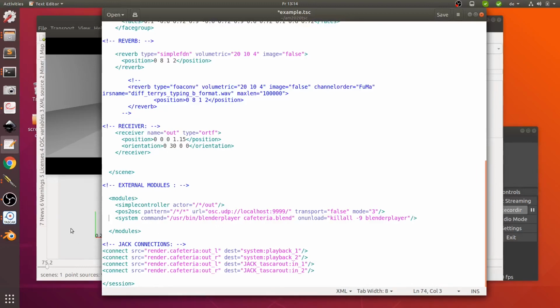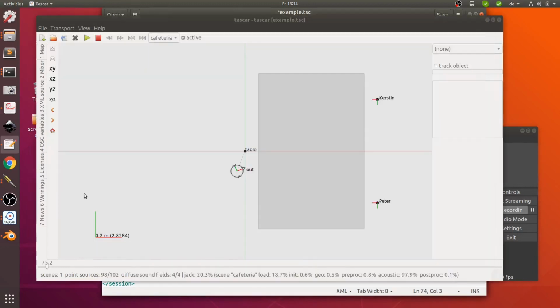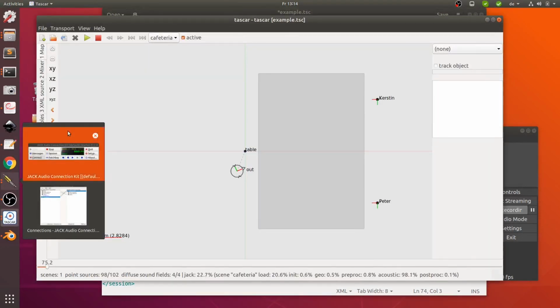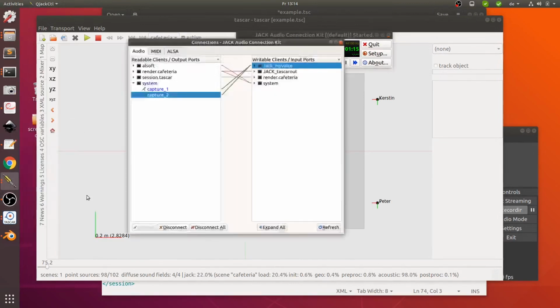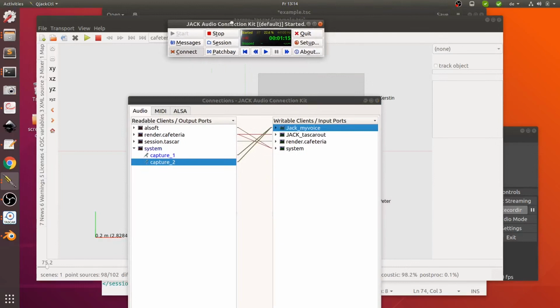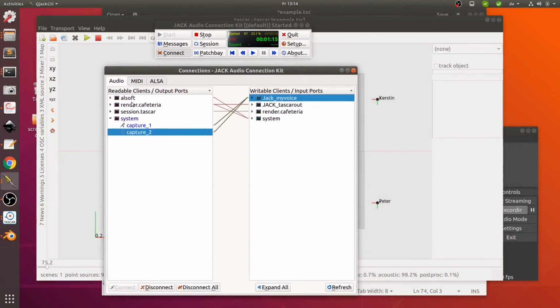So what I still didn't tell you about TASCAR, which is quite important, is that it uses the jack audio software, which is an external tool, which basically is an audio server that manages all the connections between audio sources in our computer. And here you can see output and input ports, for example, that the signal of my voice captured by my computer